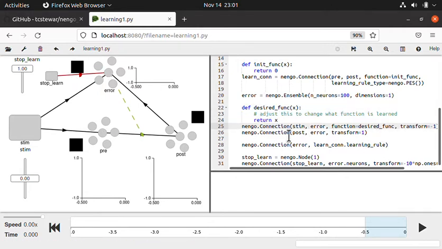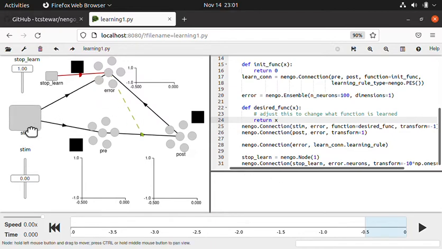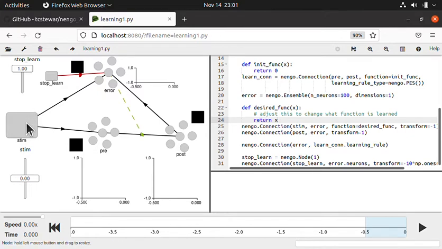Now, of course, this function itself is not neurons, so Nengo can't solve for decoders to do that function, because there are no neurons here. So what Nengo does in this case is it just computes this function on it, every time step, whatever the value is,